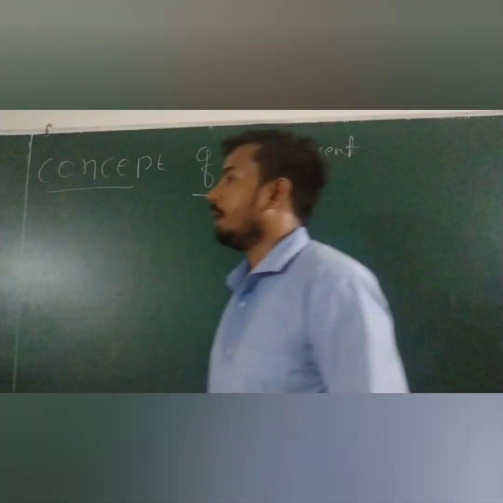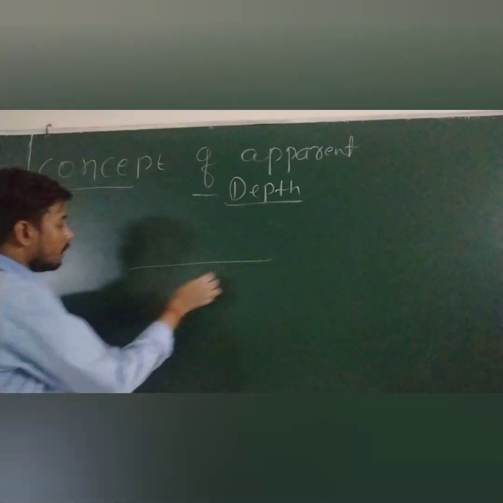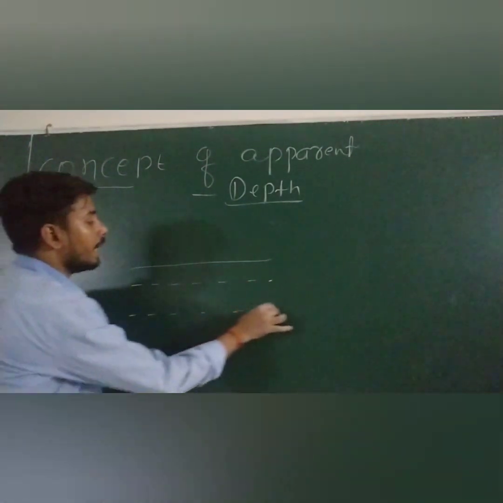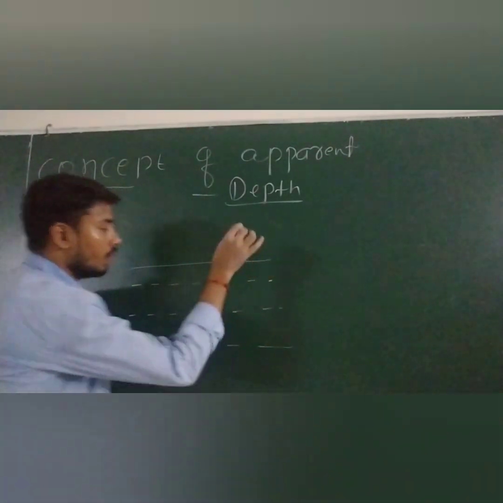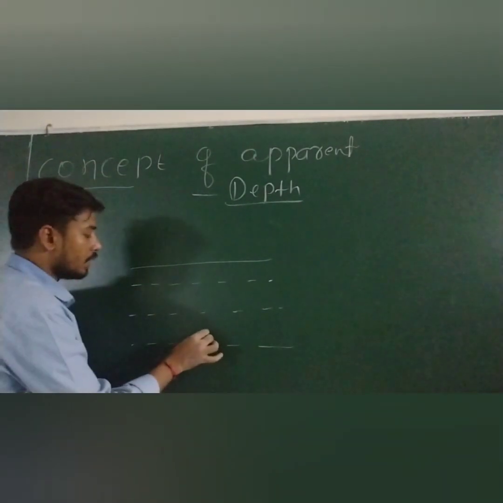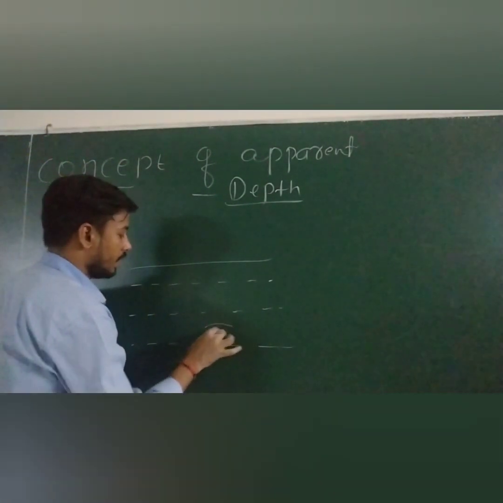So basically what happened? See, I am telling you an example. Suppose this is a river. No need to write anything, just listen everybody, be careful. Suppose this is a river and somewhere here is a fish. I don't know how to make the fish, I am just making this diagram.